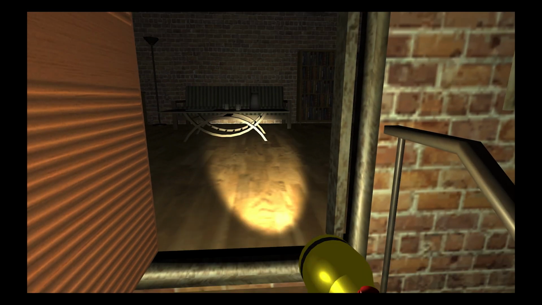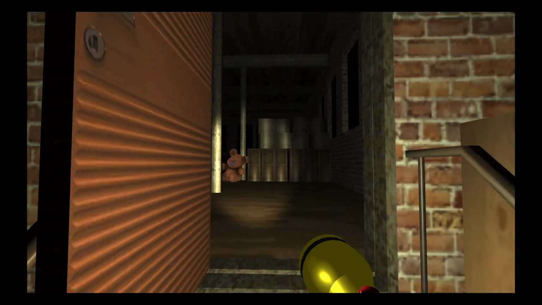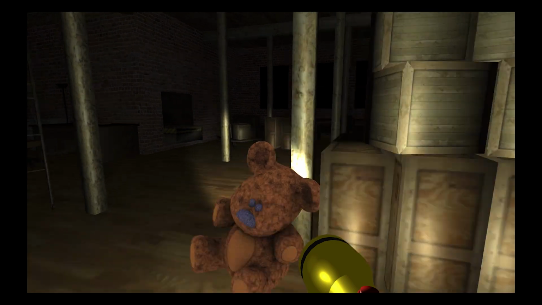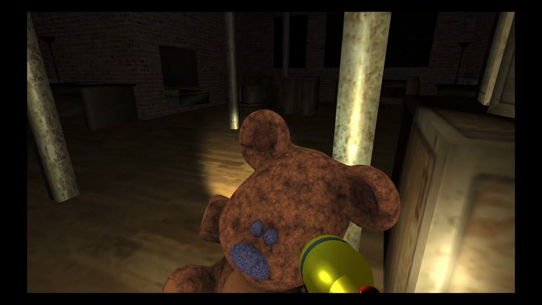I thought it was important also to add this spooky voice, sometimes to give some hints to the player when the player is looking confused or doesn't know where to go.